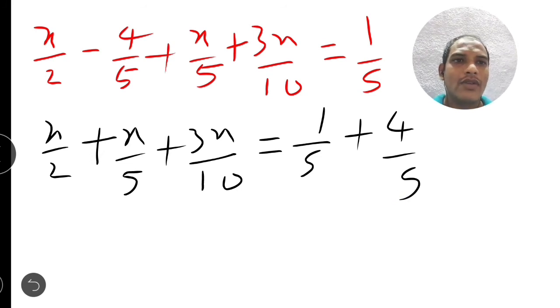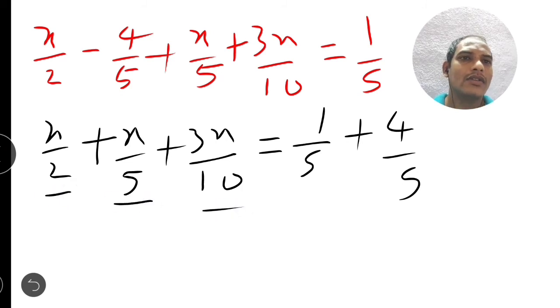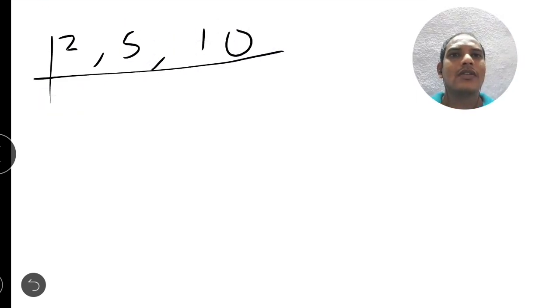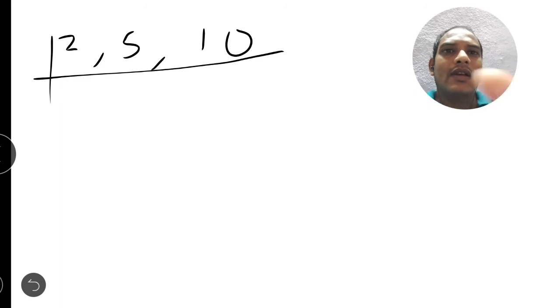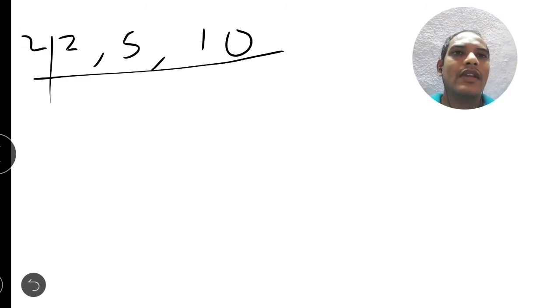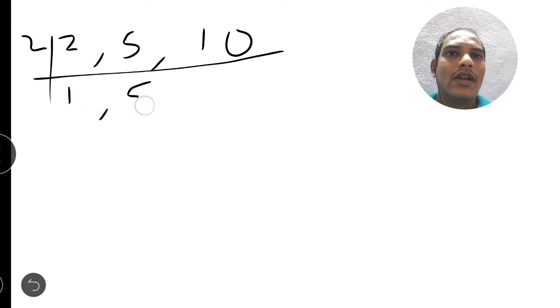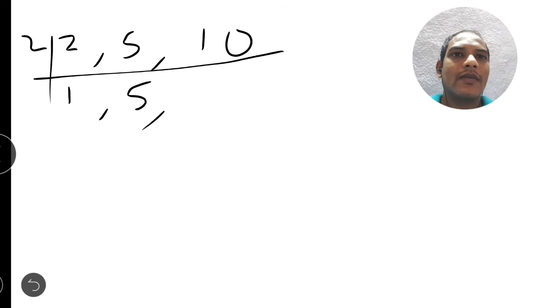So now we have a total 3 denominators left side, 2, 5, 10. So let us find out the LCM of 2, 5, 10. So here 2, 5 and 10. So the 3 numbers are coming in any table all together? No, they are not coming in any table, but 2 and 10 both are coming in 2 table. So 2 1s are 2 and here 5 will come as it is because 5 is not coming in 2 table. 2 5s are 10.